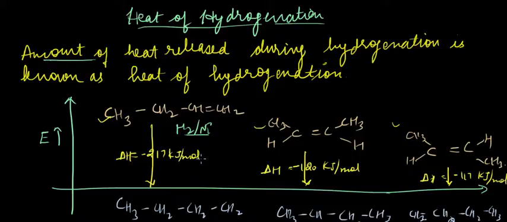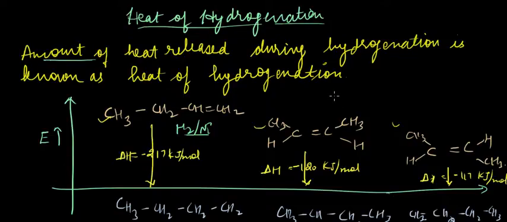The reason is that, for these two compounds, as we have seen in past lectures, this compound is a cis one and this is a trans one. So the stability of cis is less than the stability of trans. Why? Because of steric hindrance of these two bulky methyl groups attached near to each other, right? Okay, so